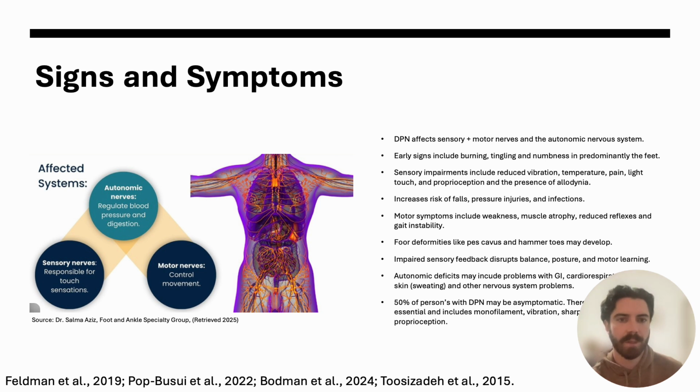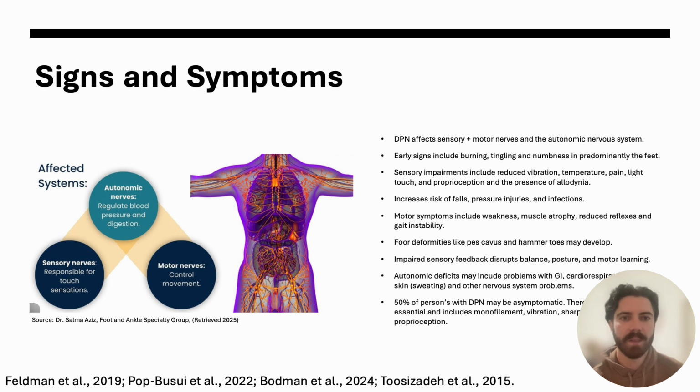and infection. As the condition progresses, motor symptoms that reflect large fibre nerve involvement, such as weakness, reduced reflexes, muscle atrophy, and gait disturbances may develop. Pedal deformities such as pes cavus and hammer toes may also suggest motor neuropathy. Individuals with DPN experience reduced sensory feedback, which leads to impaired balance, postural regulation, and error correction, which limits effective